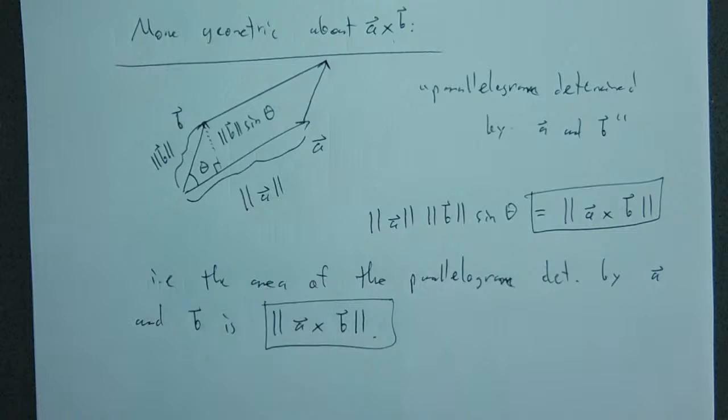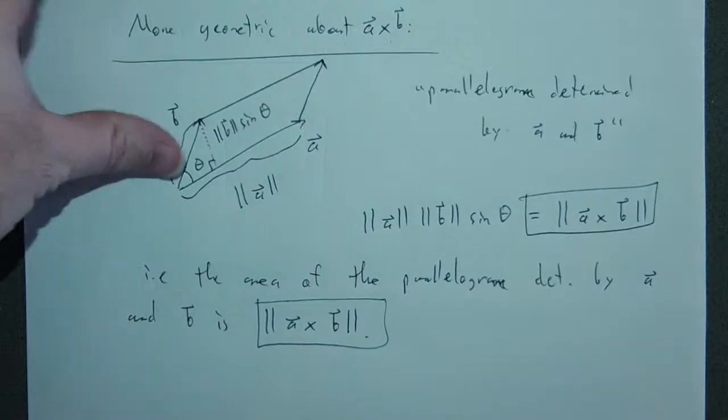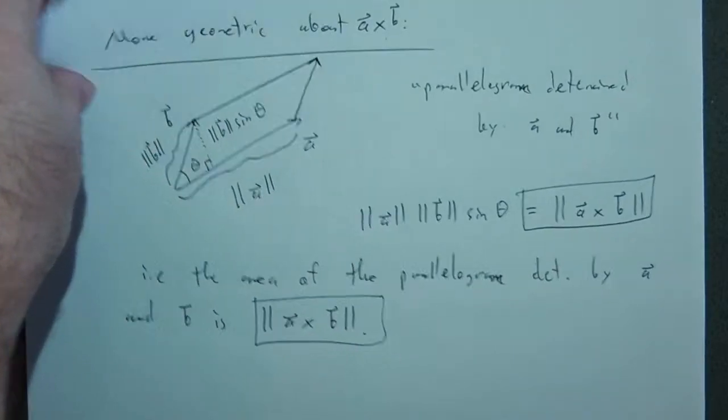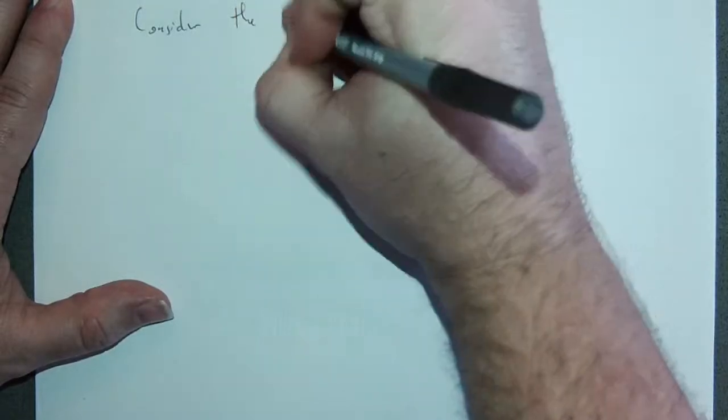Okay, so the only reason that I mention this really, it's not that you're going to be doing this too much. The only reason I mention this is because of its tie-in with what we're going to talk about next. It's going to be the last thing I mention about cross products, which is how this ties in to area and volume in the following way. So consider